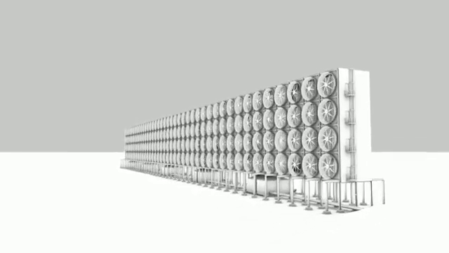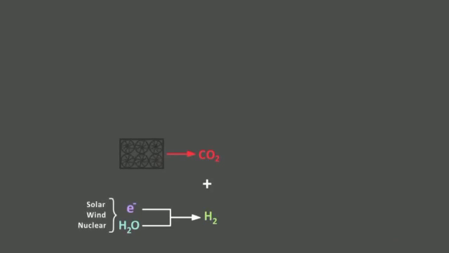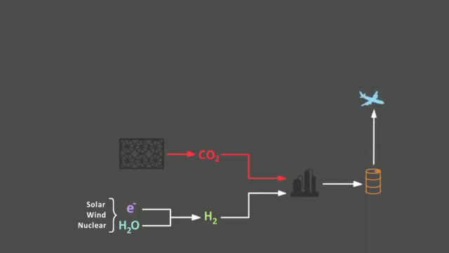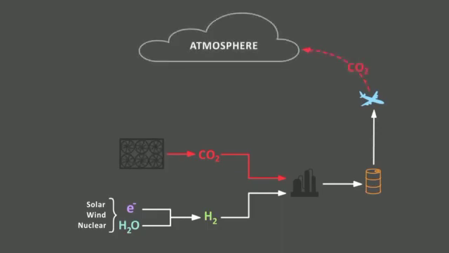Now let's talk about the future prospects of direct air capture of carbon dioxide. We can combine captured atmospheric carbon dioxide with hydrogen generated from water using renewable energy. Hydrogen itself can be used as a fuel, but that requires a whole new transportation infrastructure. Combining it with carbon dioxide from direct air capture could produce hydrocarbons like gasoline and jet fuel. When these fuels burn, they would simply release the carbon dioxide back to the atmosphere from where it came.